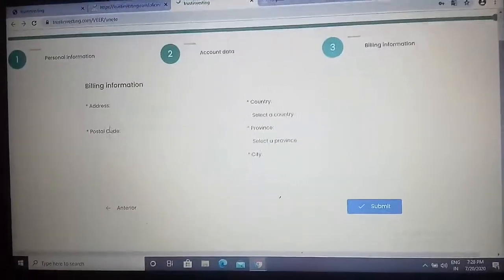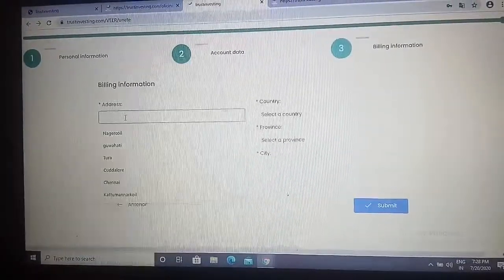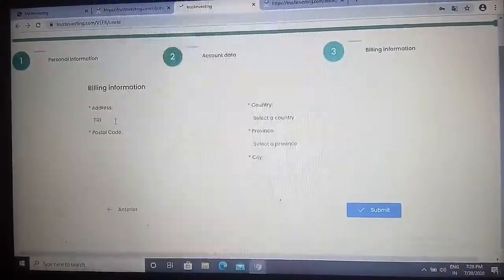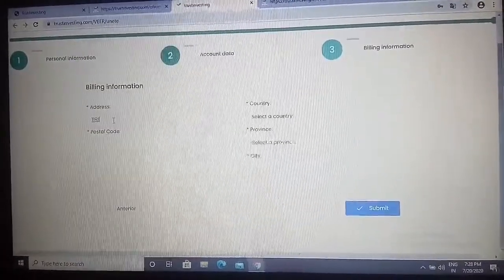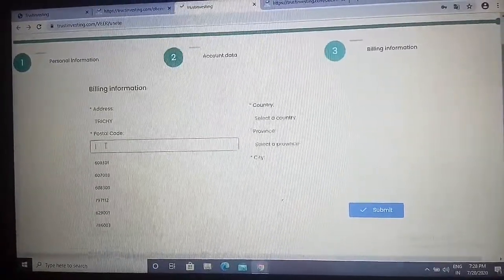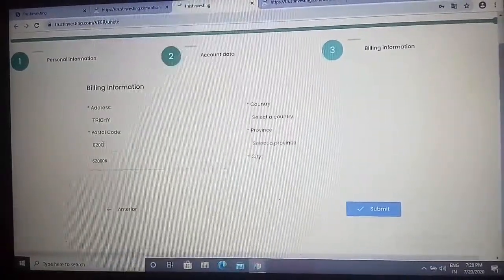Now address, just Trichy. Just mention the city here, pin code 620012.